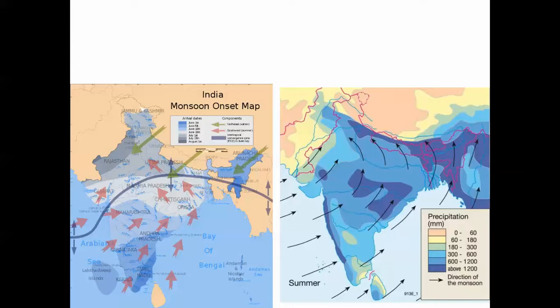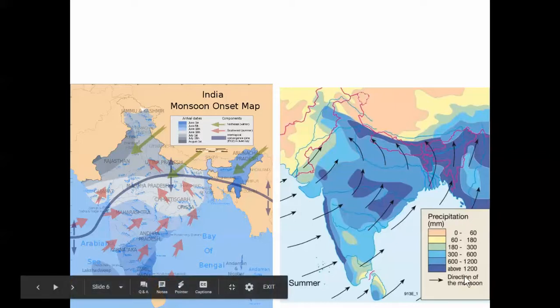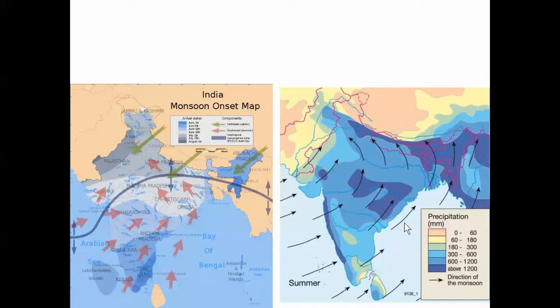Now lastly is this concept of the monsoon. The monsoon system quite simply means an extreme period of precipitation that occurs in South Asia most notably, although there are other monsoon regions in the world, including the southwestern United States. But the monsoon is a period in the summer months, in the high sun months, in which extreme precipitation events occur. To give you an idea of this, this is in millimeters. All the areas in dark blue get over a meter of rain during this very, very short 1 to 2 month period.